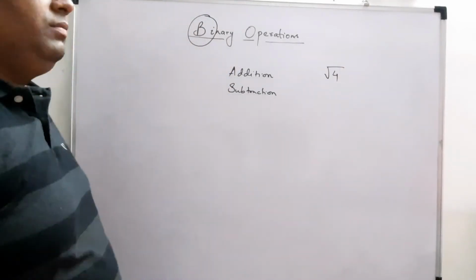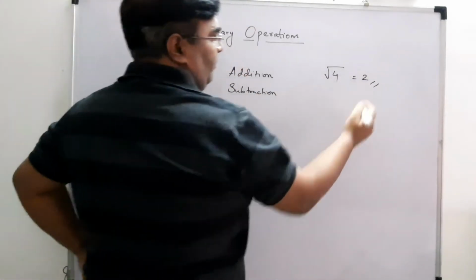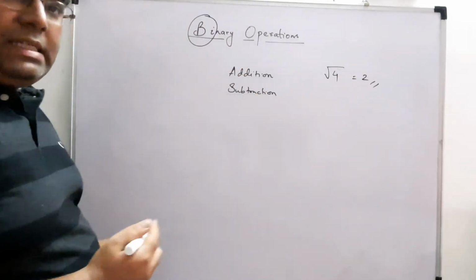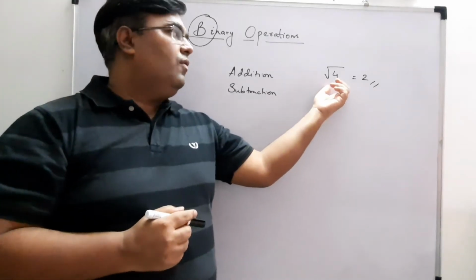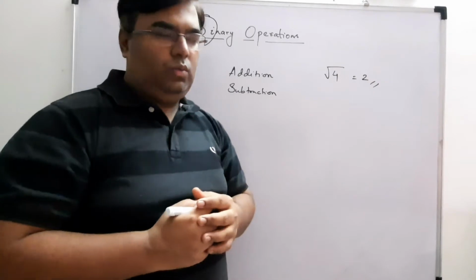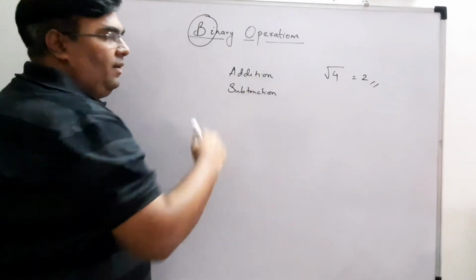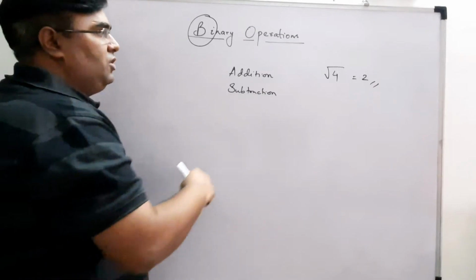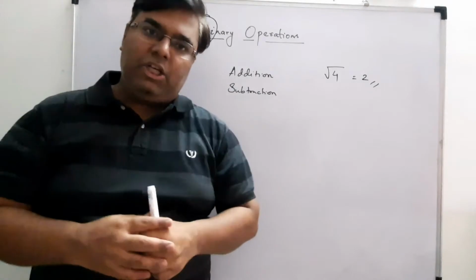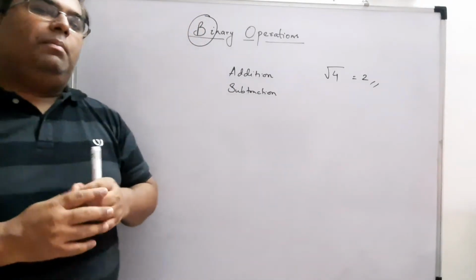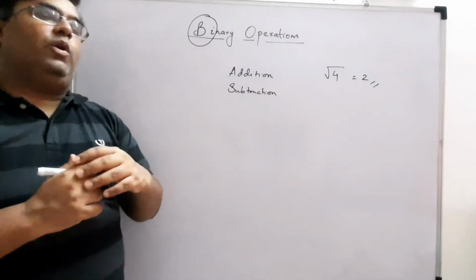Square root of 4, this is also a mathematical operation, but this is unary, you can say, involves only one element, right? Square root of 4, which is giving you 2, right? So we are concerned here with the operation which involves two elements, which is binary operation. So addition, subtraction, multiplication, division, they are all binary operations. But there is a restriction to binary operation.